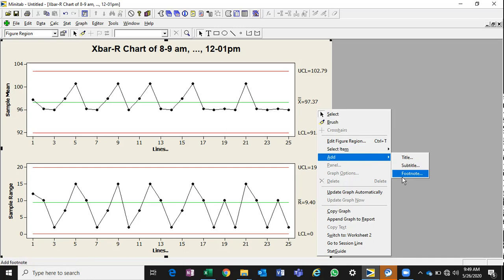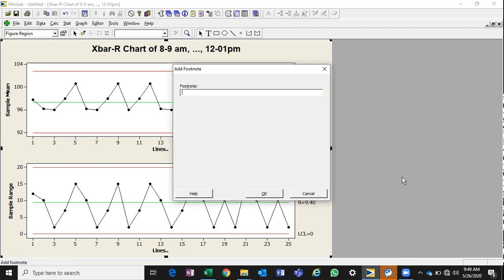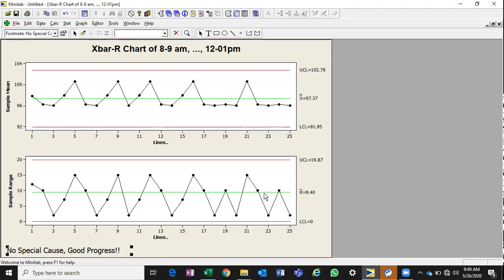For example, in the footnote, I'm adding an example. You can also give an inference update: no special cause, and it's good progress and all that.